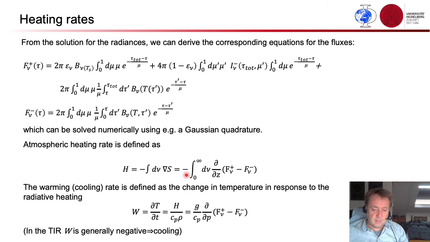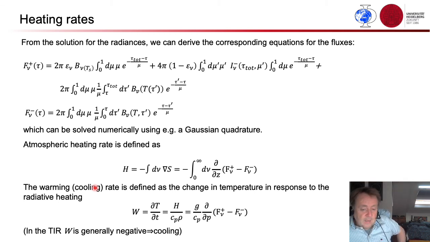We can approximate that for a plane parallel atmosphere by the integral over the entire frequency space of the derivative with respect to the vertical coordinate of the difference of the upward and downward flux. So from these two equations we can calculate the heating rate, and having that, the so-called warming or cooling rate